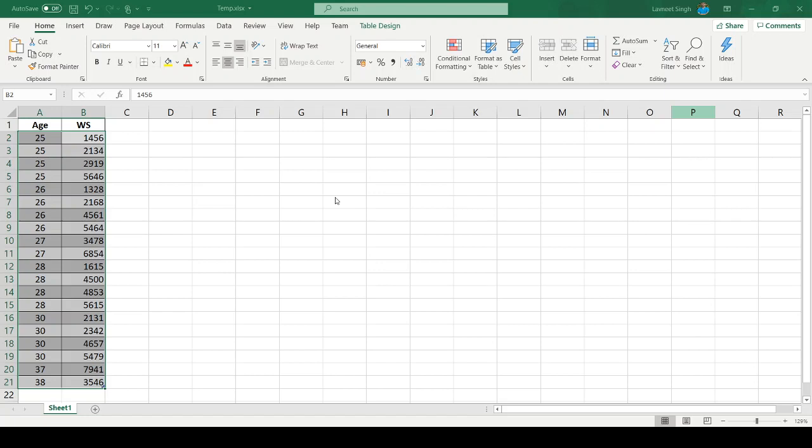Like first you sort by age and then you sort by weekly spend. Okay, if I say okay, then it will sort first by age. As you can see, all the age numbers are sorted, and within one age group, the numbers will be sorted as well.